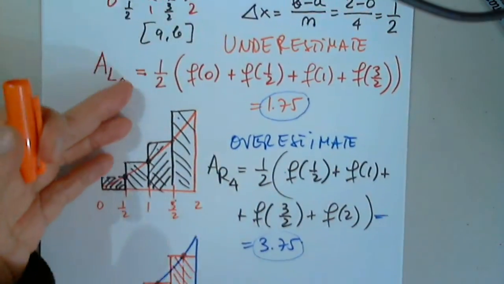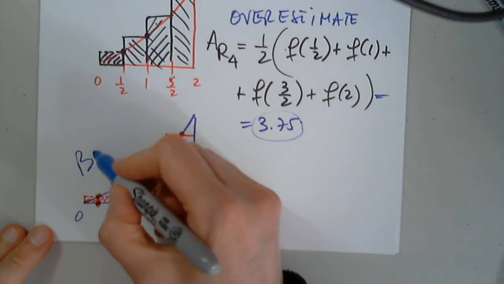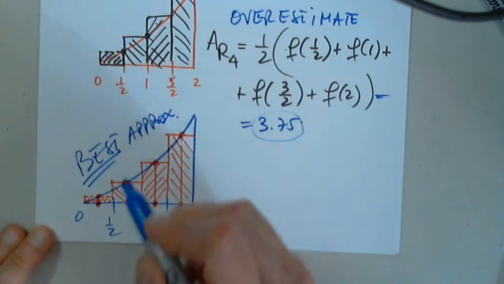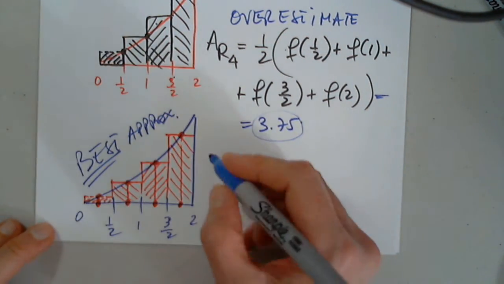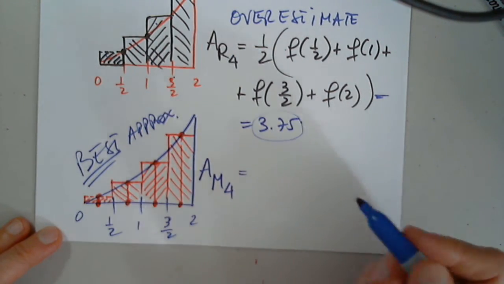Which of these three do you think will be the closest to the actual exact area? Midpoint. Yes. Best approximation from all three. Okay. So this is M4 equals